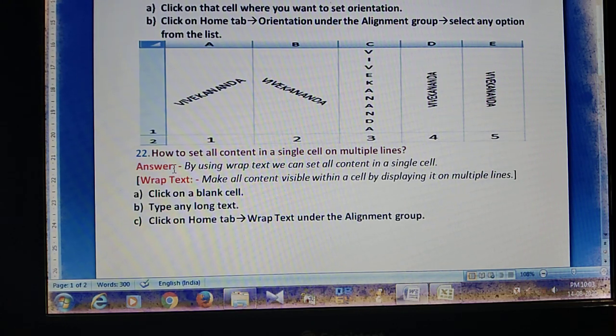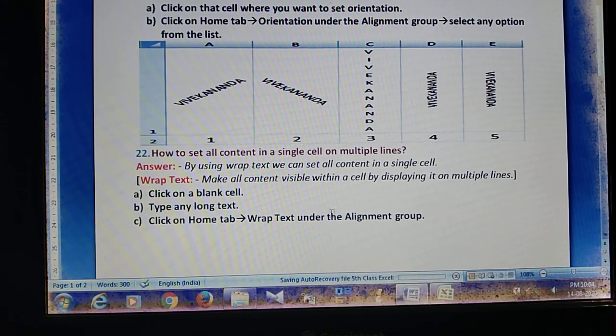How to set all content in a single cell on multiple lines. By using wrap text, we can set all content in a single cell. Wrap text makes all content visible within a cell by displaying it on multiple lines.